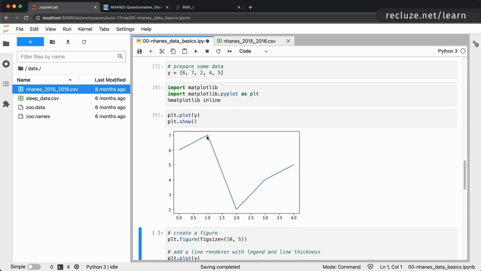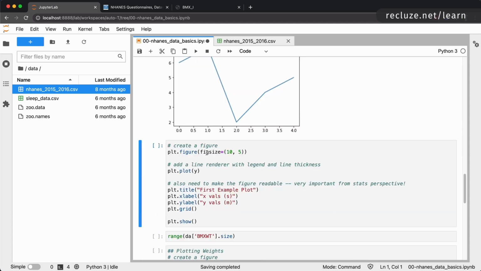The problem over here that we want to discuss from a statistics perspective is when you take a look at this plot later on, you will not know what these X and Y values are. So what you need for any graph, and this is essential, is that you add labels to both the axes, a title to the chart, and a legend which tells us what this line is representing. Okay, I'll show you what I mean, and then we're going to discuss it further.